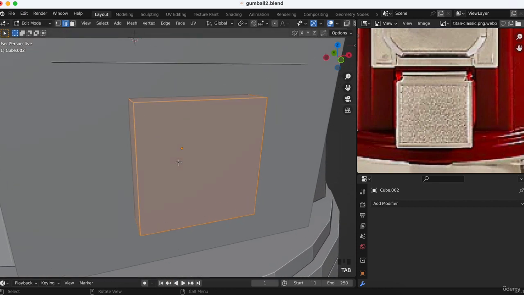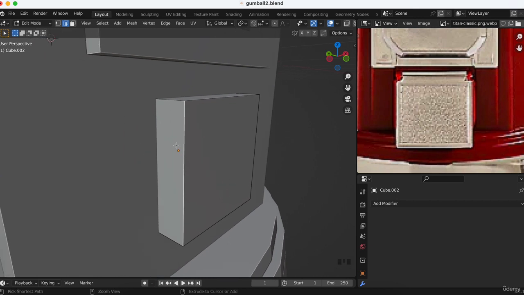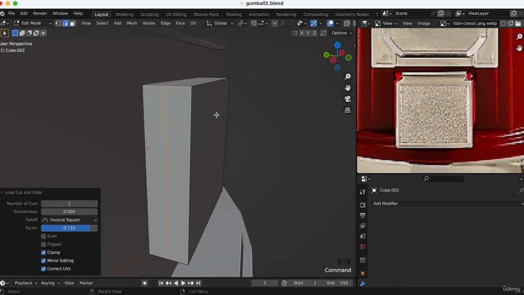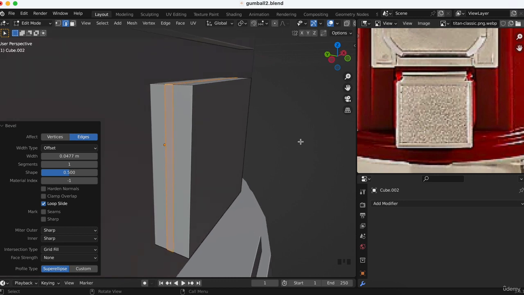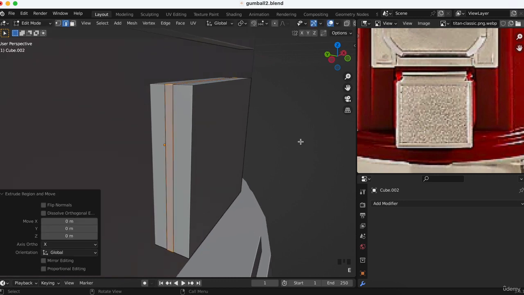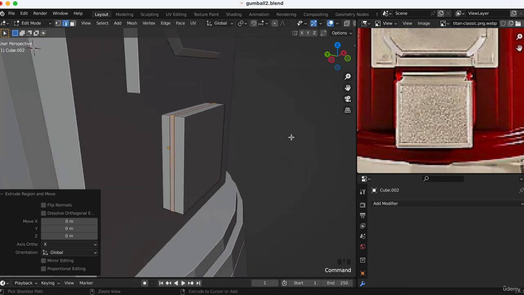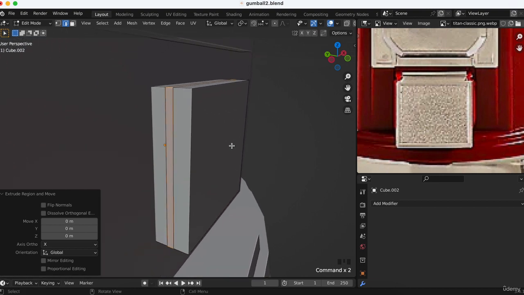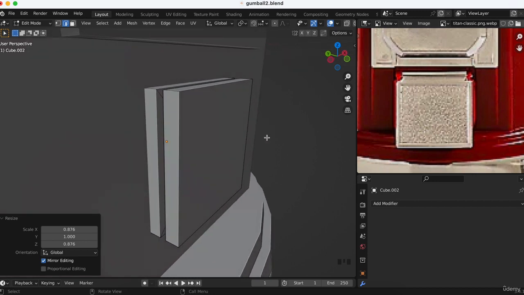Edit mode, Tab, and then we can make a loop cut. Control R on this side, click, and then we can drag it here. We can Control B, make a bevel here, click, and then extrude inside. E, and then exit. S here, but we don't want to scale on the Y axis. S, Shift Y, only like this,